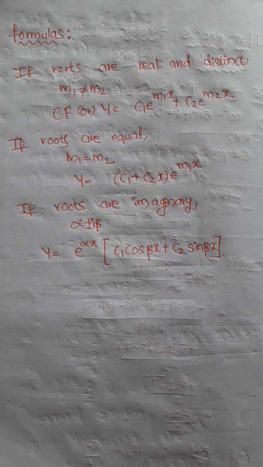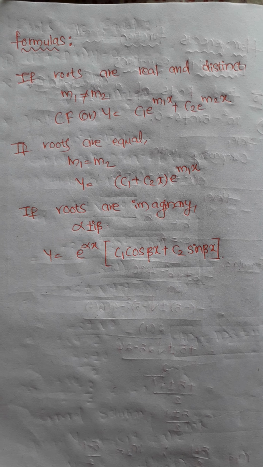The complementary function is found by substituting the values of m1 and m2 in these formulas, whereas the particular integral is different for different equations. The addition of both the complementary function of the question and the particular integral is the answer for non-homogeneous linear differential equations. Let us try to find some particular integrals. Here, in non-homogeneous linear differential equations, after the equal to sign, we will not have 0. In case of homogeneous, we have 0, but in case of non-homogeneous, we have some expression.